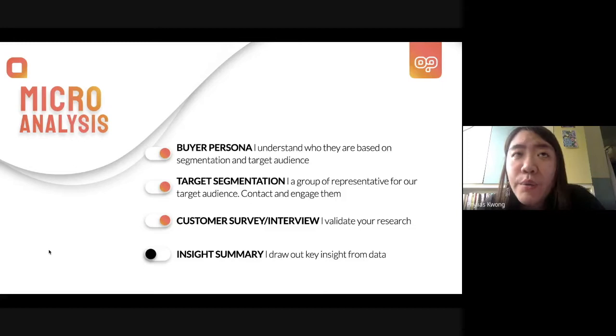One of the things that I want to add on is that for a survey, the data will be more generalized because you collect it through the same questionnaire, and the follow-up question may not be as in-depth as in an interview. So a survey is a way to validate in a massive way, while an interview helps us to really follow and see what the behavioral change is in our customer.